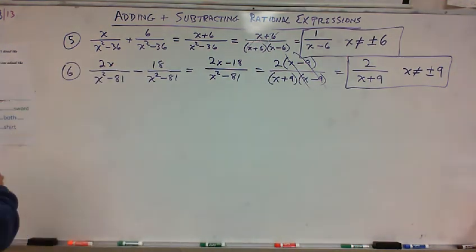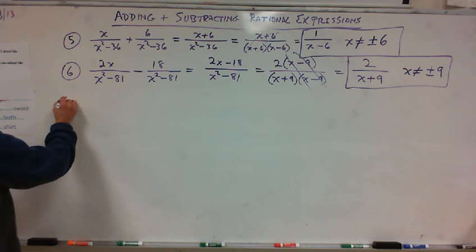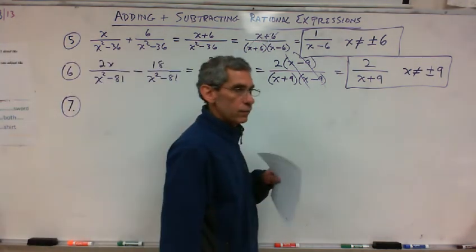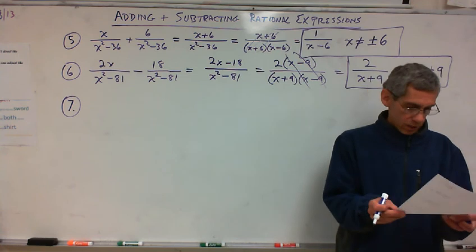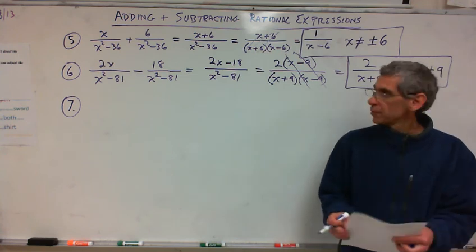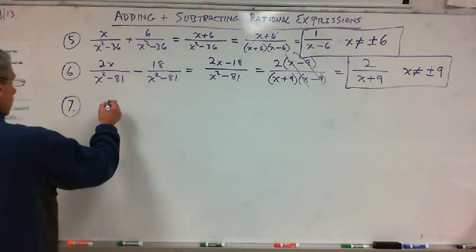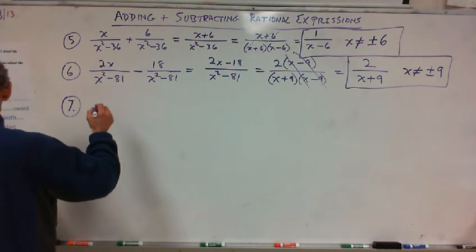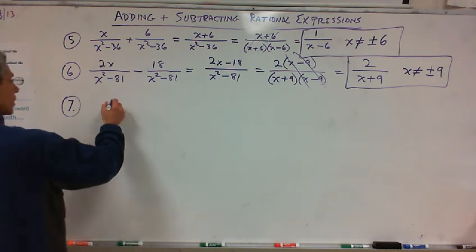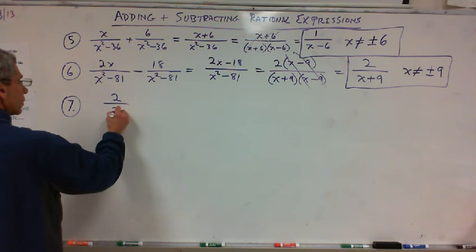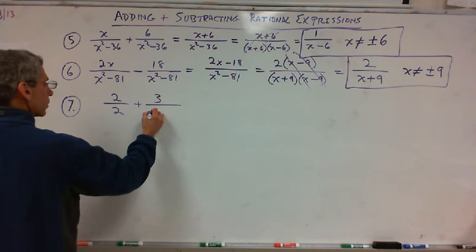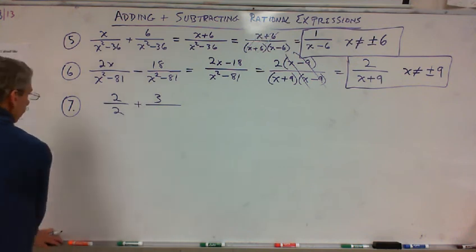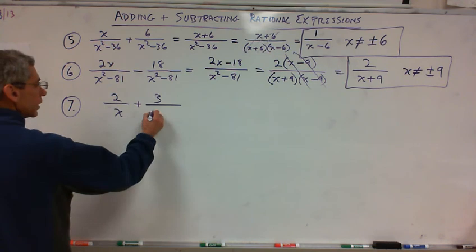All right. These are a lot of examples, but they show up in different ways. I just want to be sure that you don't get stuck on some of these. What if I did this? Whoops, wait a minute. Not 2 over 2. Sorry. 2 over x plus